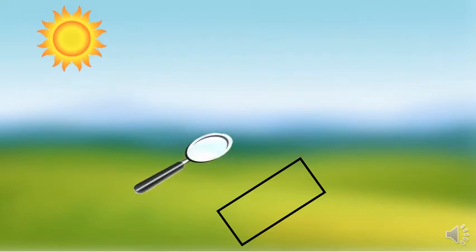Now let us perform one experiment with the help of a concave mirror. For that we will need to go outside on a sunny day only. Now for that we will need one paper and such kind of concave mirror. Try to get the light reflected by the mirror on the sheet of paper. Adjust the angle accordingly. Then adjust the distance of the paper until you get a sharp bright spot on it.